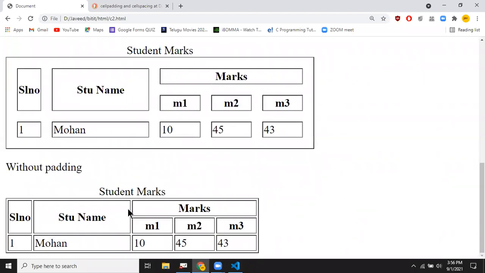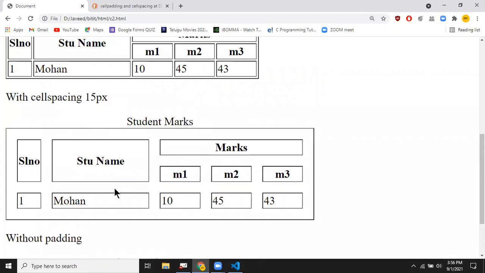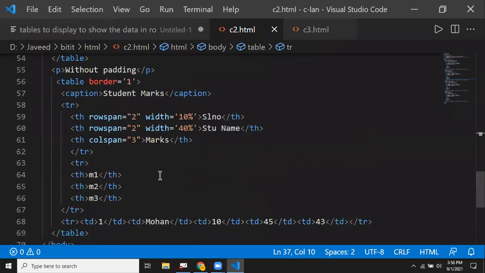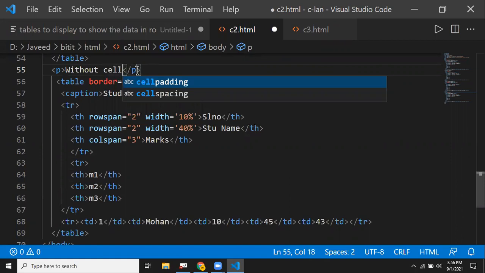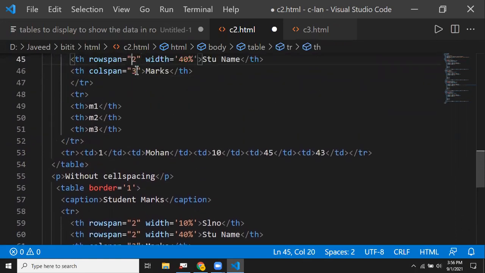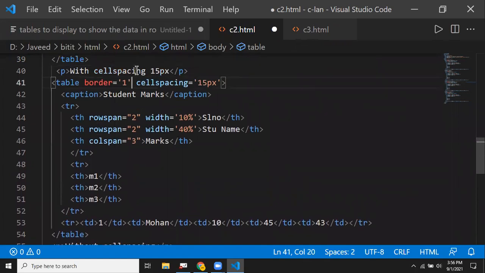Now here there is no space for me. It should be spacing. So this is without the cell spacing. For example, let us say you want to have more space. In the first example, I'll make the spacing equal to 5px.